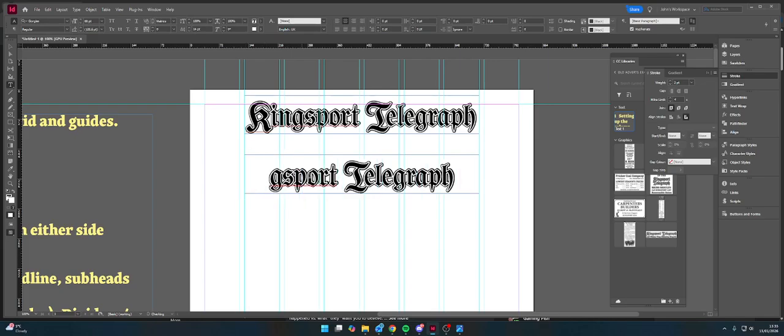I'm going to delete that. Select all, reset the baseline shift to 0, and I'm going to add a sort of secondary title. The newspaper I used to work for was called the Greenock Telegraph, but historically it used to be called the Greenock Telegraph and Clyde Shipping Gazette. So I quite like the thought of a coastal newspaper in New England having a kind of subtitle like that as well. So I'm going to type in